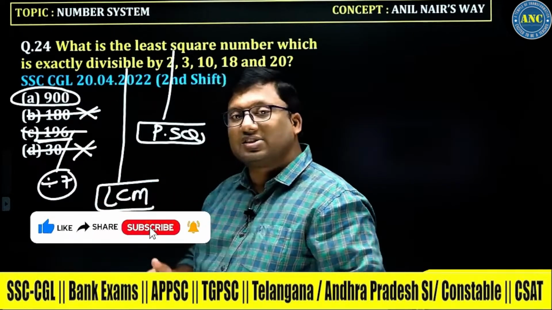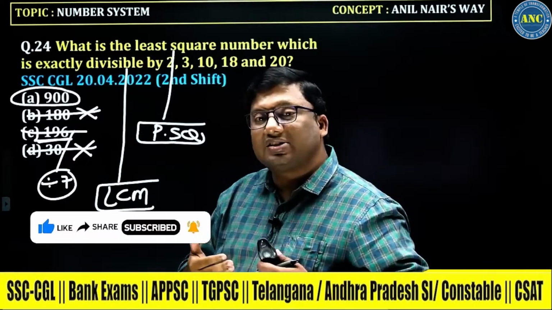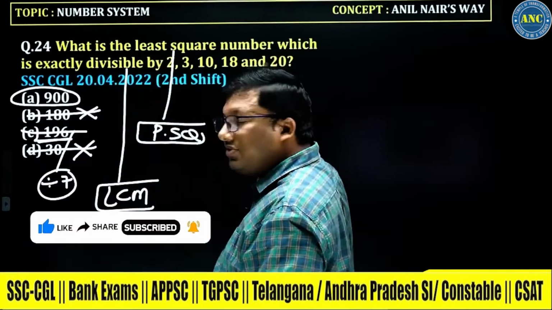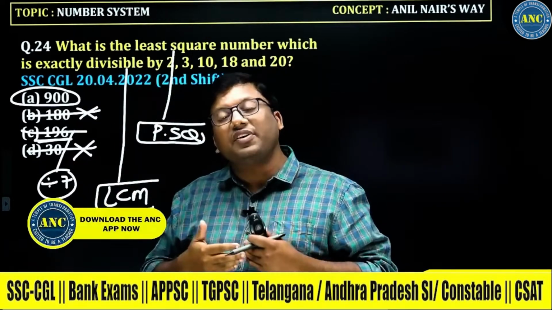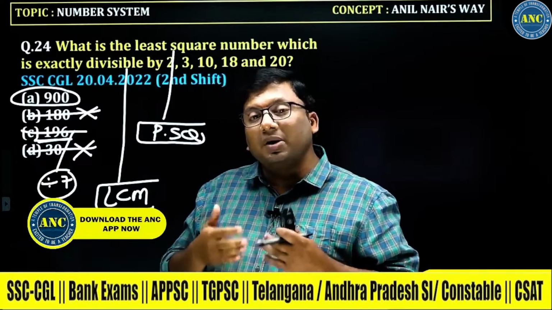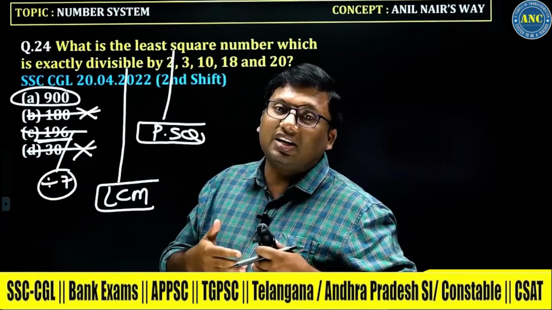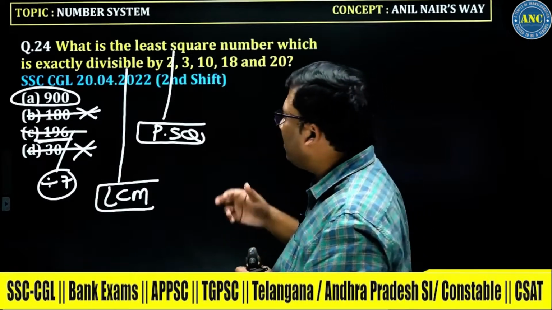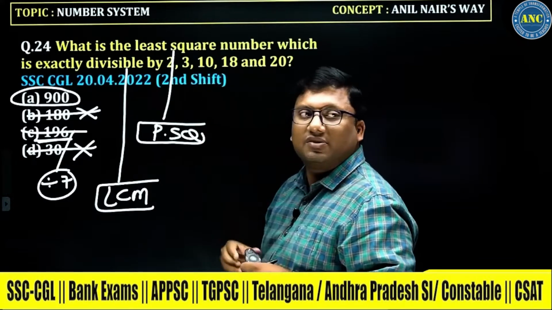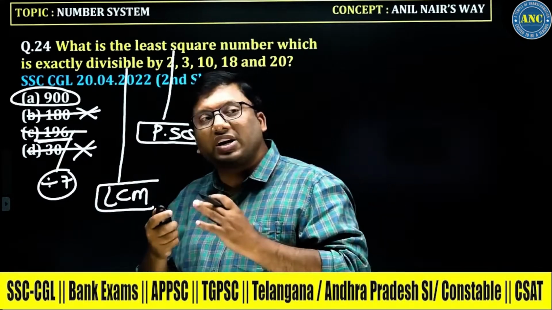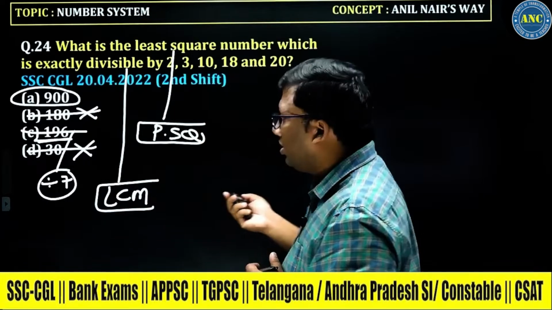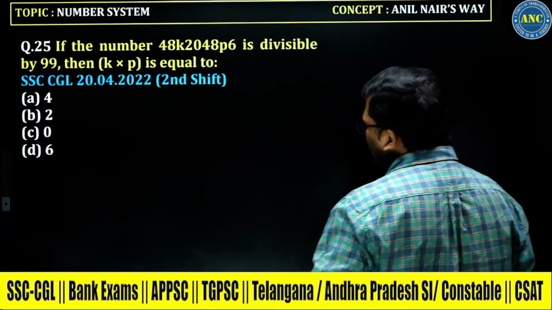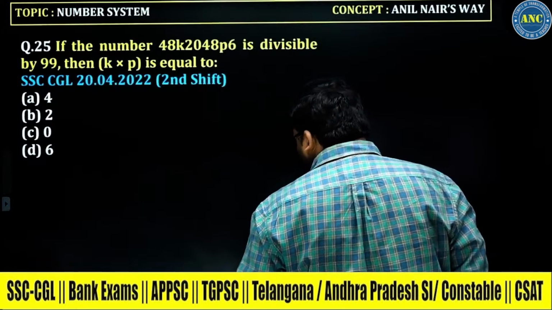The answer is 196 and it is the LCM of the given numbers. Check whether the answer is divisible by 7. Since the answer is divisible by 7, at least one of the input numbers should be divisible by 7, otherwise none of the numbers would be. This is a very logical way of solving this question. Now if you see,